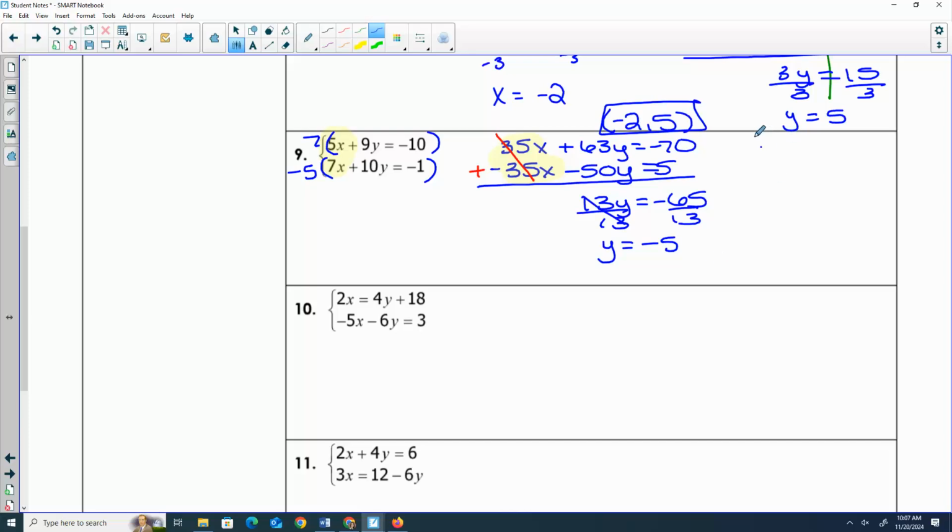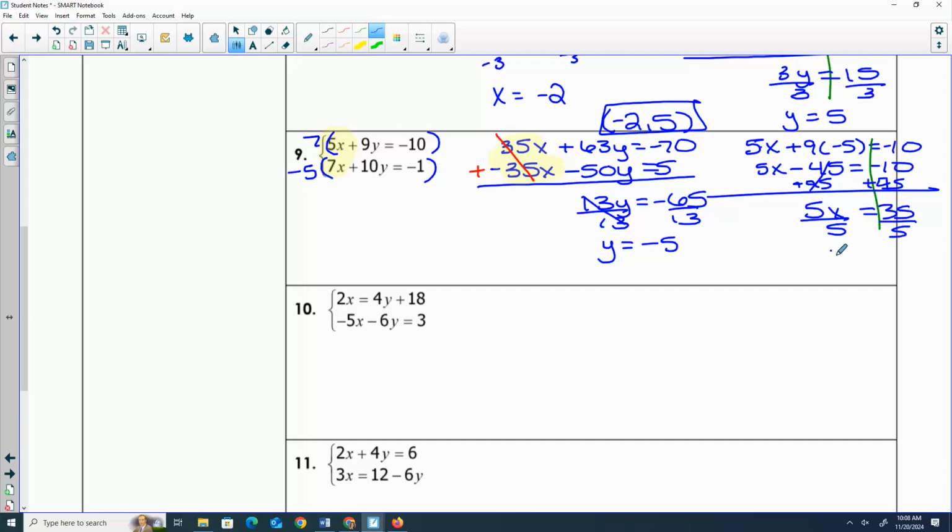Then what do I do with that? You put it back into the equation. So if I go with the first one, 5x plus 9 times negative 5 equals negative 10. So we get 5x minus 45 equals negative 10. Add over the 45. So 5x equals 35. Divide by 5 and x is 7. So 7